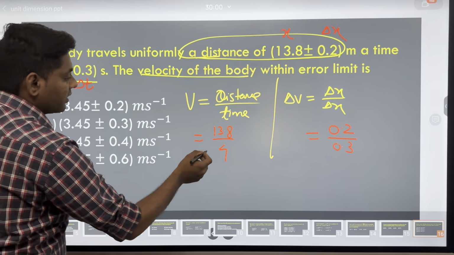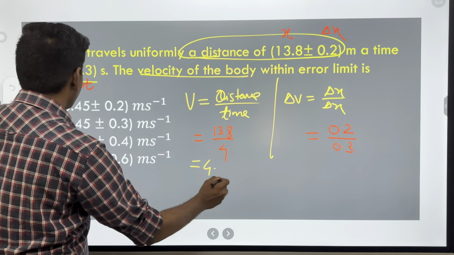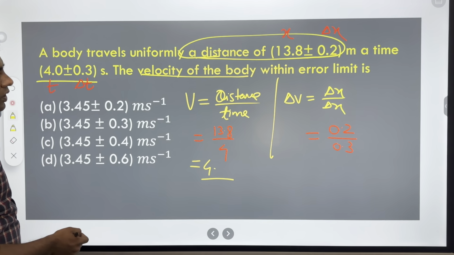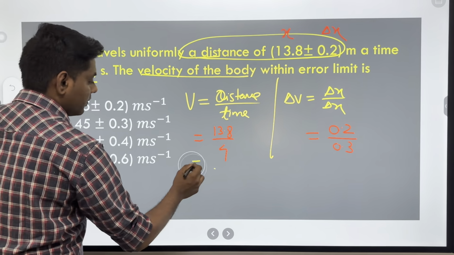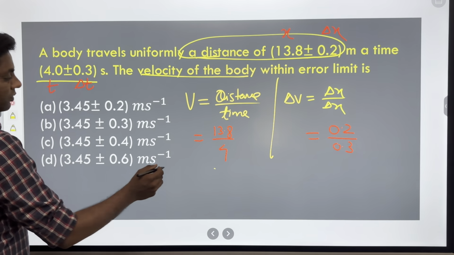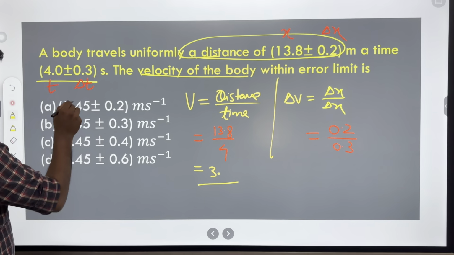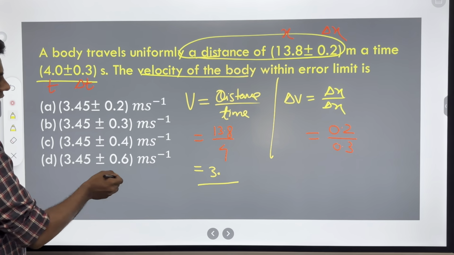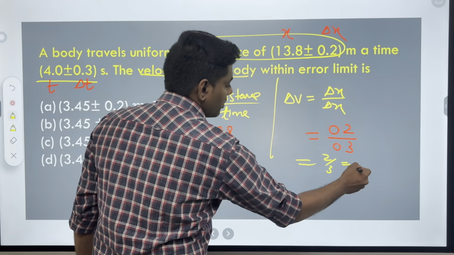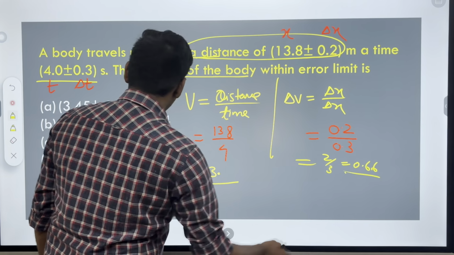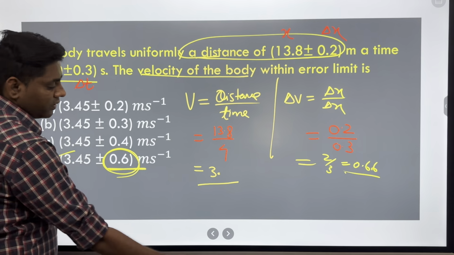So after calculation, what do we get? For the first, 4 4s are 12, that is 4 point something. 4 3s are 12, that is 3 point something. We observe that all options are 3 point something, so we have to just find out the next digits. So 2 by 3 means 0.66, so 0.66 represents the fourth, so the option is D. Next,